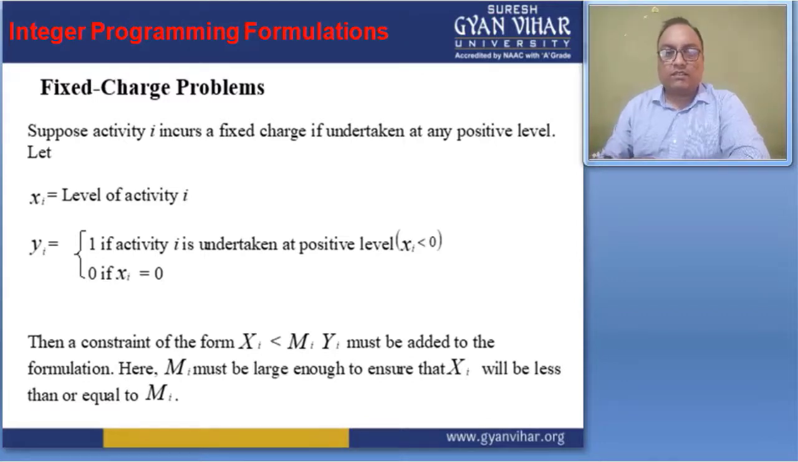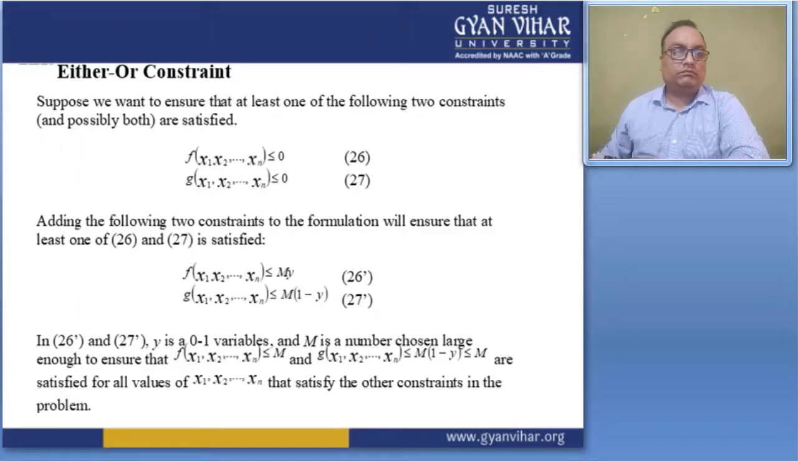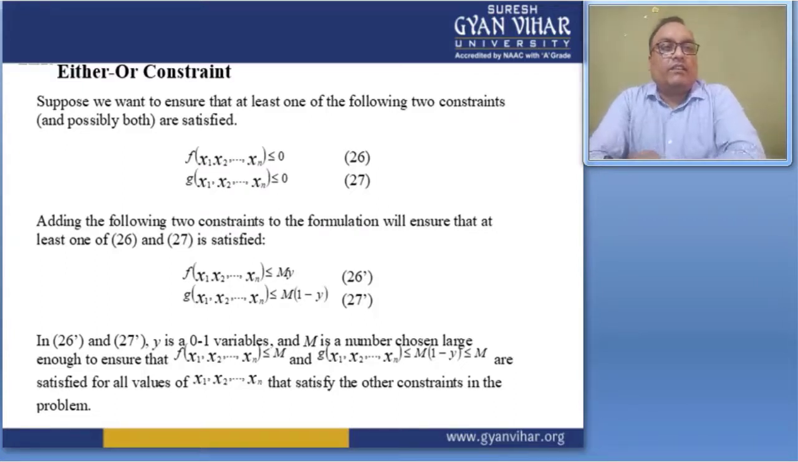In this case, either are constraints. This is the foundation of the constraints given. Suppose we want to ensure that at least one of the following two constraints is satisfied. These constraints are f(x1, x2, ..., xn) less than or equal to 0, and the second constraint is g(x1, x2, ..., xn) less than or equal to 0, and adding the two constraints to the formulation will ensure that